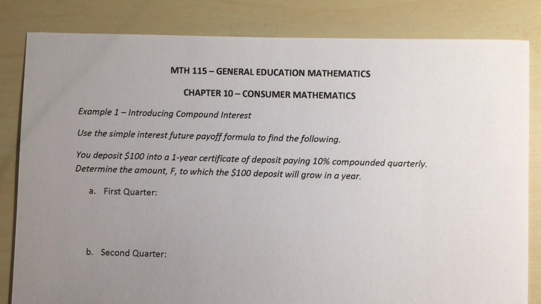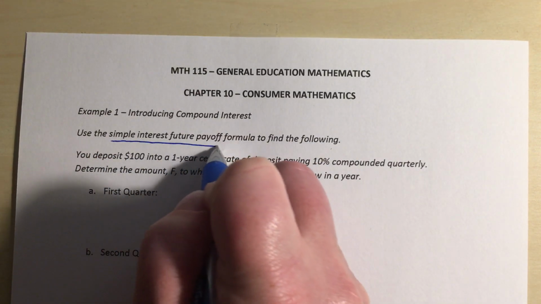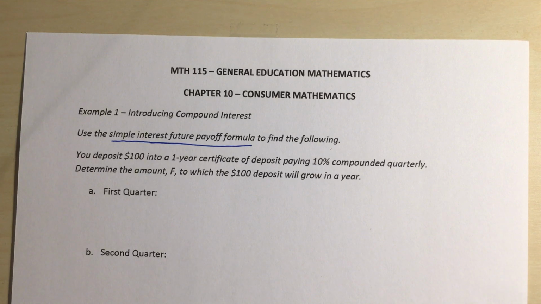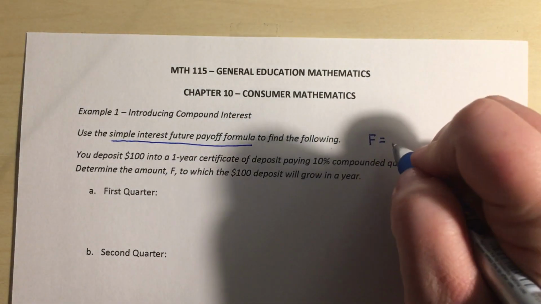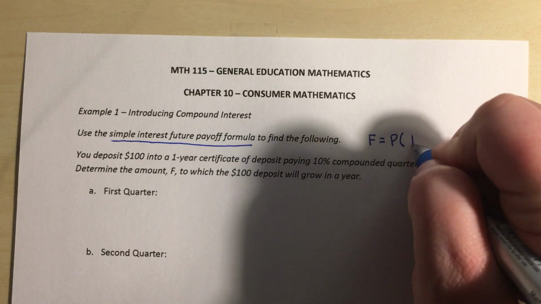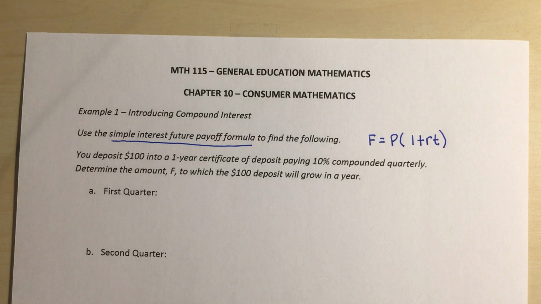In our first example, we're going to introduce the idea of compound interest by actually using our simple interest formula from the previous section. Right, so we're told to use our simple interest future payoff formula to find the following. And that's going to lead us eventually to the idea of compound interest. Remember this formula that we saw in the previous section? F equals P times 1 plus RT. Right, so what we're doing is we're taking our principal times 1 plus our rate times